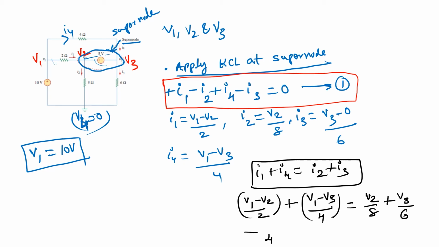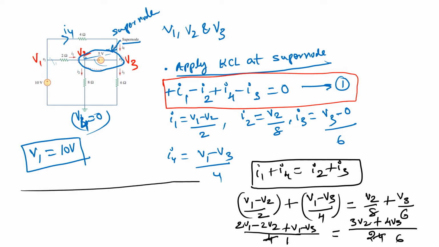LCM here is 4. So you will get 2V1 minus 2V2, right, plus V1 minus V3. And what is the LCM here? The LCM is 24. So then 3V2 plus 4V3. So just cross multiply, or you can cut it, 4, 1, 4, 6. Right. So what is the left side here? I'm going to write here 2V1. You can cross multiply here, or first you can calculate it. So here 2V1 and V1, that will be 3V1